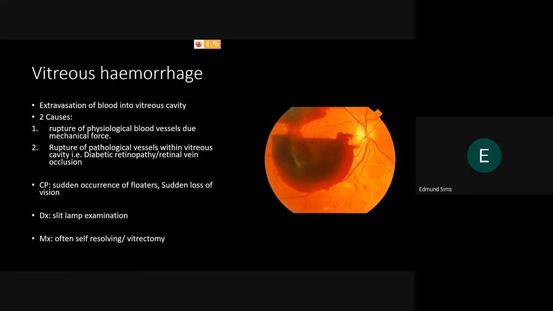Diagnosis, if you look at it under a slit lamp, you'll see sort of like a clump of blood. The management is fairly easy, it's self-resolving most of the time, but you might need to do a vitrectomy. So just remove some of the vitreous, but apart from that, that is all I wanted to talk about today. So we've gone through swelling of the eyelid, we've gone through red eye, painless and painful, and then we've gone through sudden